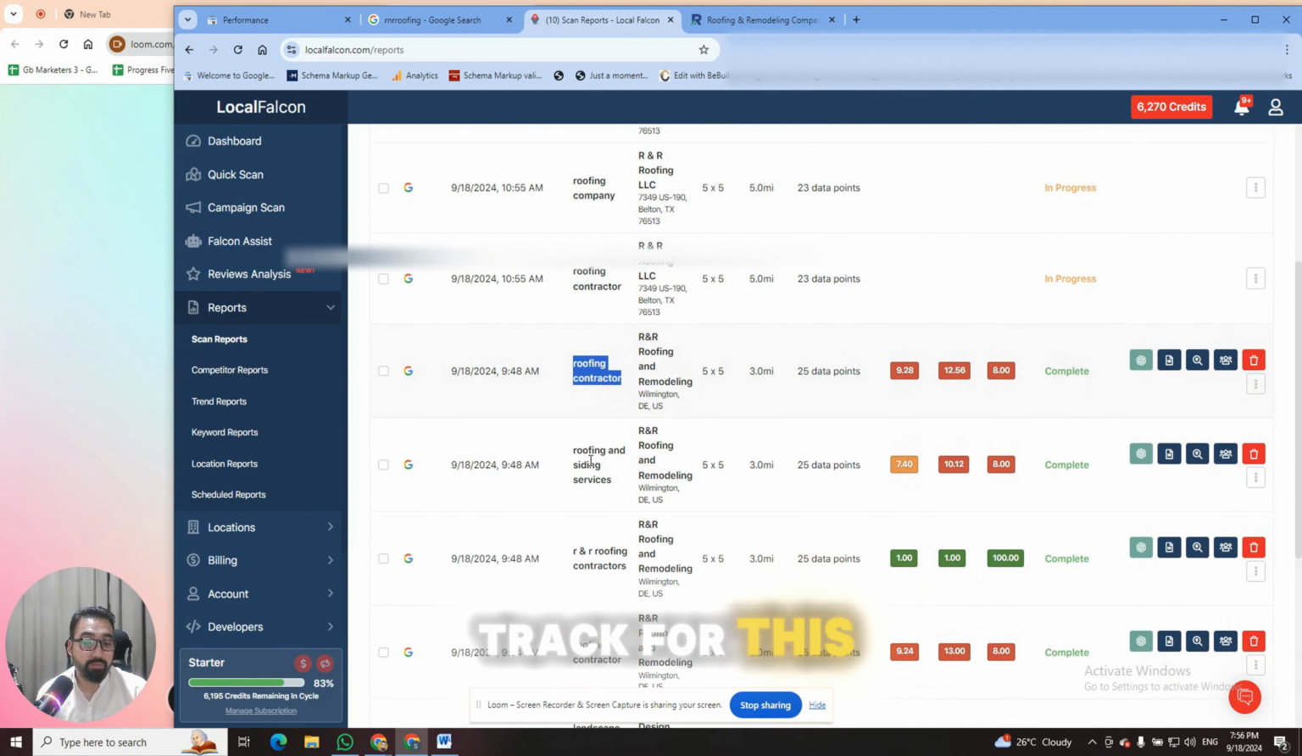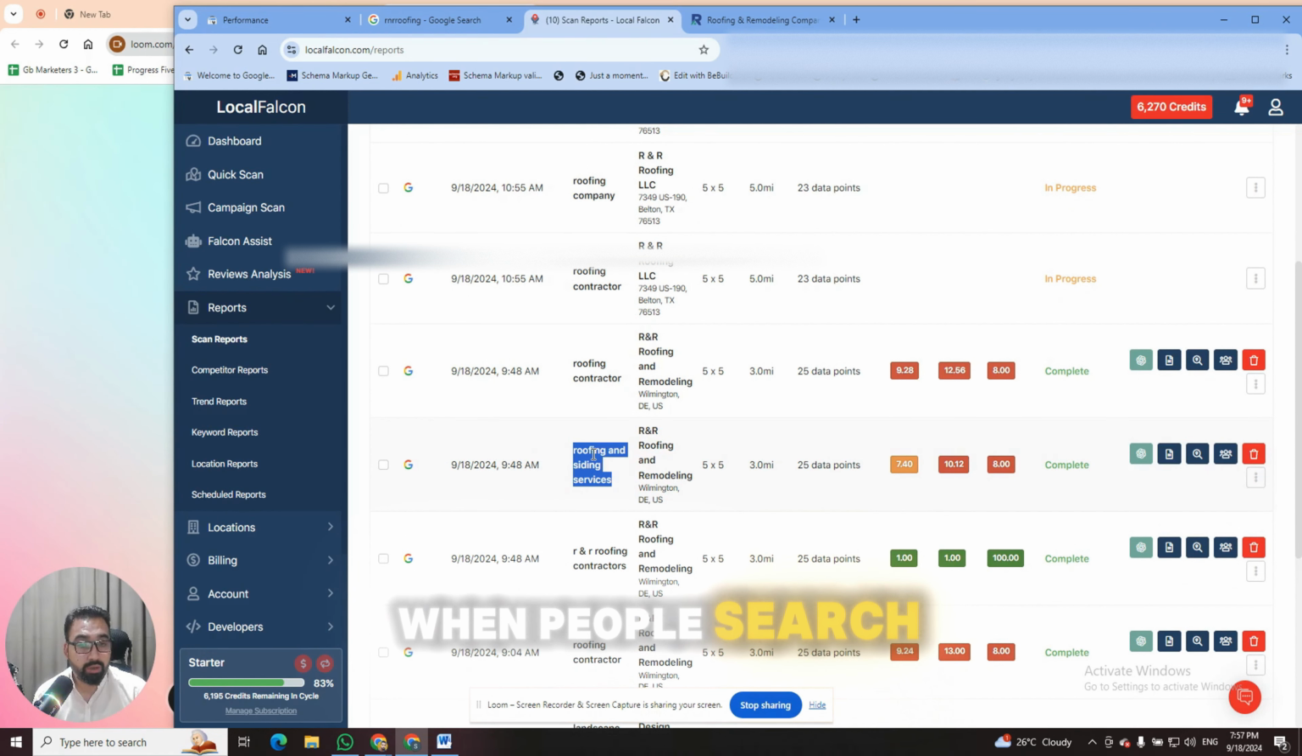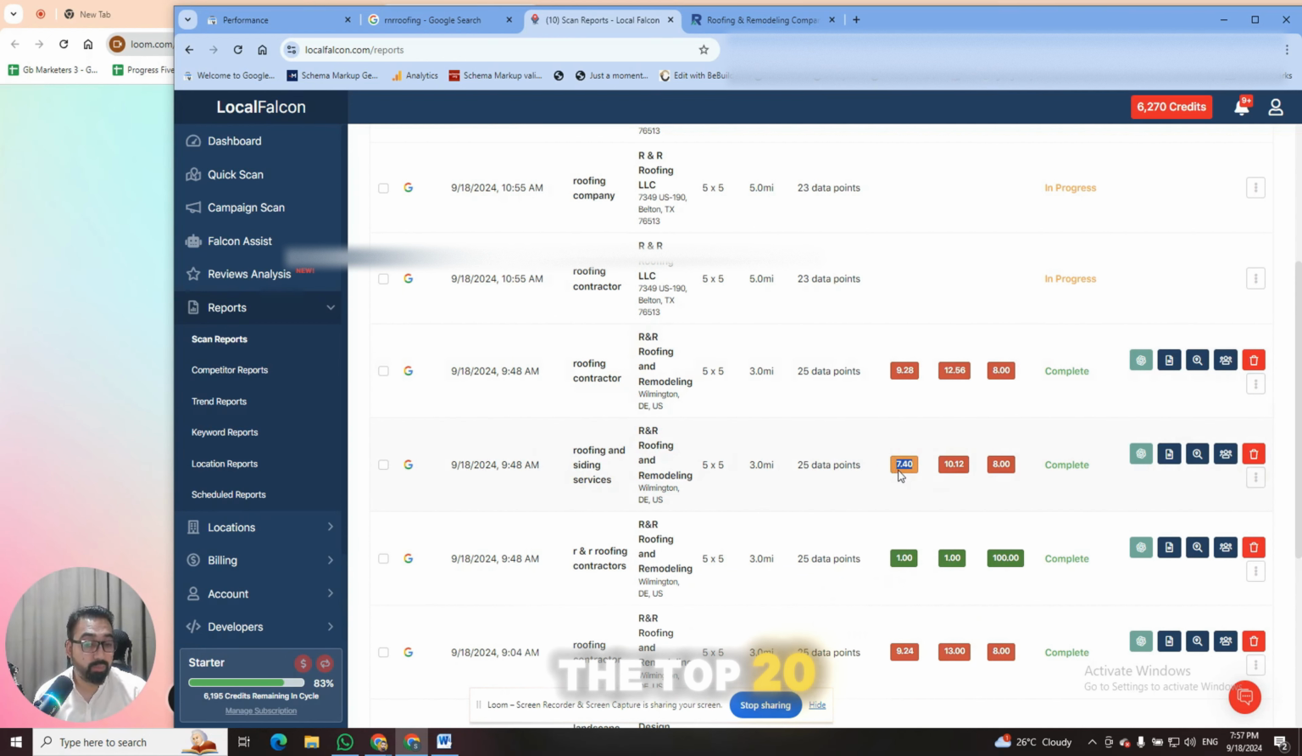So this is how you can track. For this keyword, roofing and siding services, when people search from your local city, then this particular business is showing on position 7 as compared to the top 20 listings, and position 10 as compared to all listings for 8% of people. So this is not a good ranking. To improve the ranking, you have to make it to the top 3 in order to attract clicks and calls